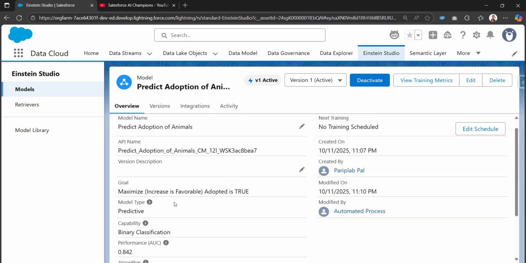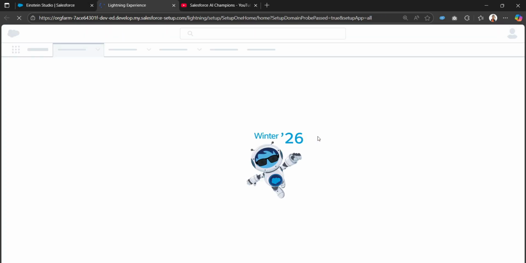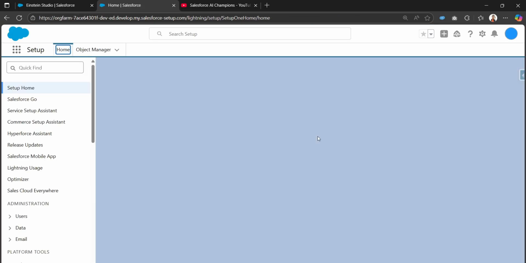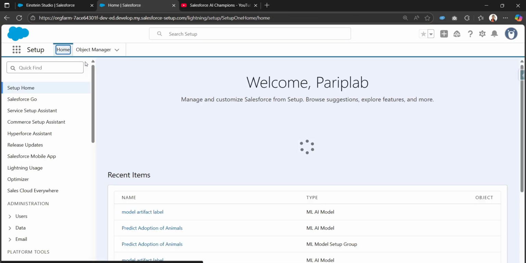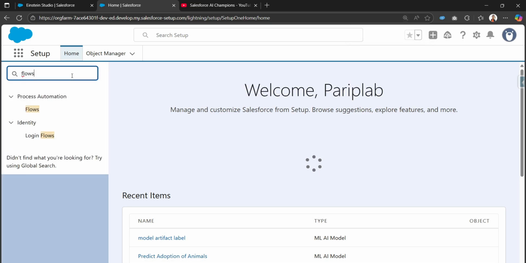So I'll be using this model as an action in the Salesforce record triggered flow. Whenever a new animal record is created or updated in Salesforce, we can calculate the percentage of adoption for that animal. So without wasting time, let's get started. Please watch this video till the end to know how we can use this predictive model as an action in flows. From the quick find, I'll search for flows,